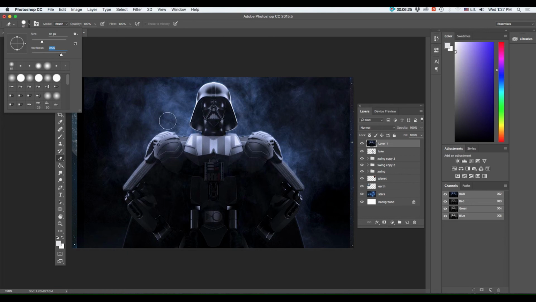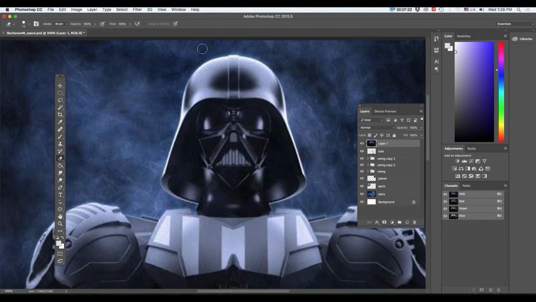erase around. And right now there's lots of little picky places I've got to erase around this image of Darth Vader. So I'm going to change my size to something more appropriate. And as I work into some of the smaller corners, I might need to make the size even smaller. But I'm going to start with 12. Before I try to start erasing around this image of Darth Vader,